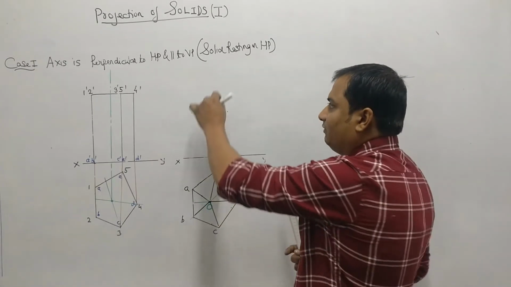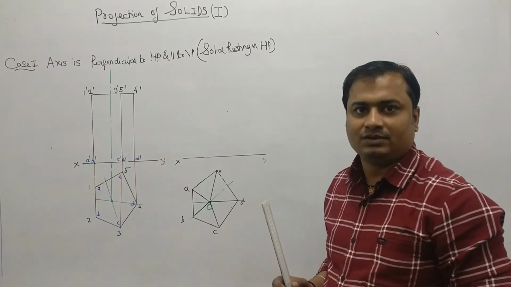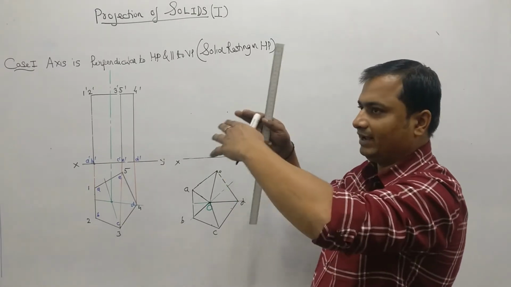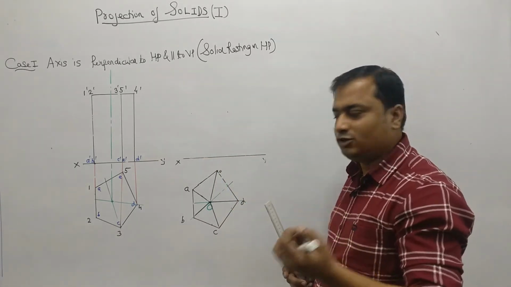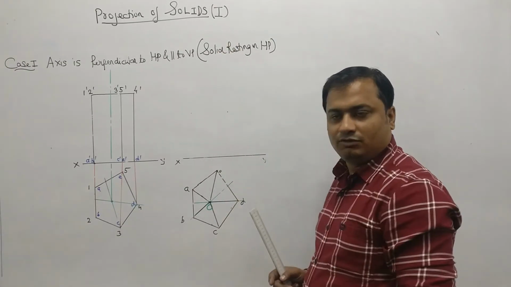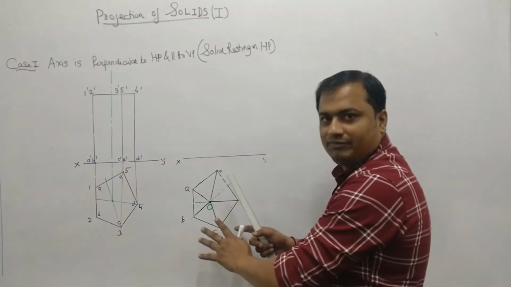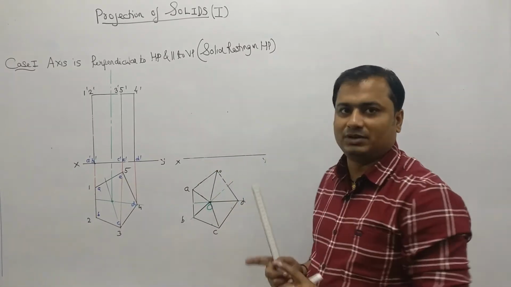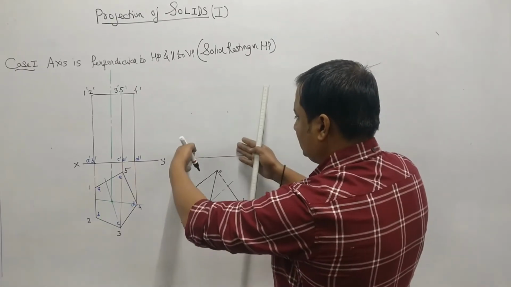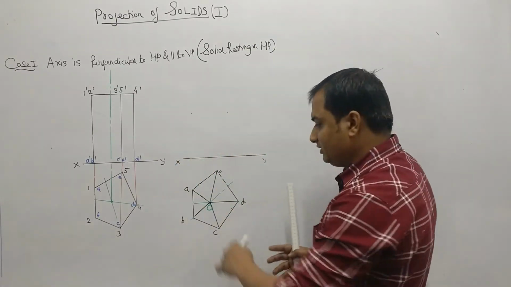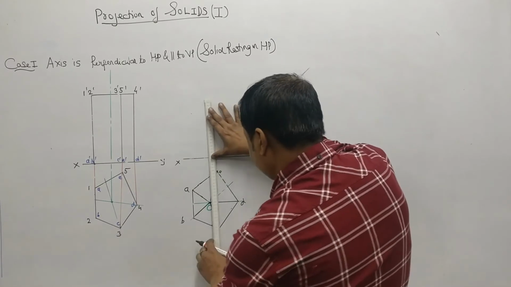So how to obtain the vertex of this front view? That is the top point of the triangle. How to obtain that point? That point is obtained by means of the axis. So first draw the pentagon, first draw the top view, then plot the axis in case of a pyramid. This is very important. Don't simply move your projectors and just join it. No. First take the axis.